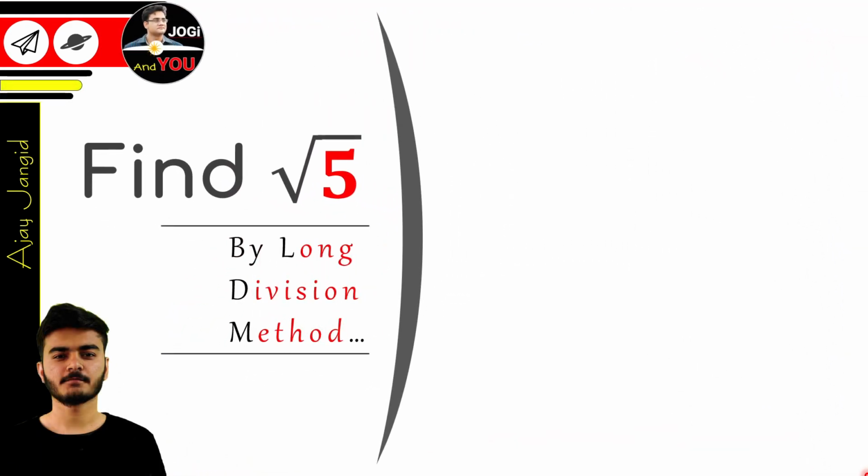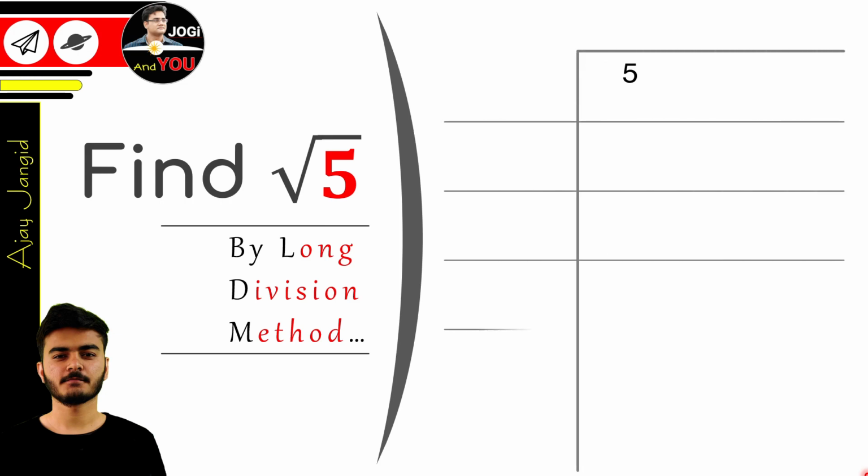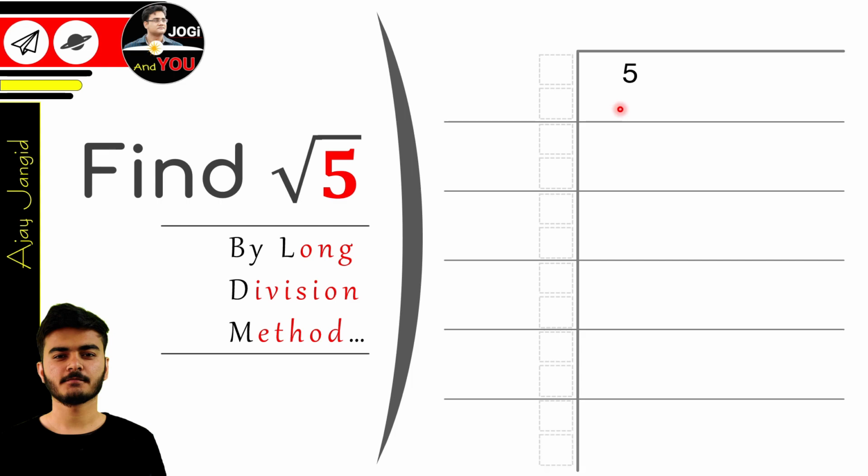The question is on the left side, and put the number of which we are going to find the square root on the right side. And to find the square root, we have to draw some lines here like this. You have to maintain these kinds of lines in the long division method. Like, you have to keep a blank space of a digit below the 5 here. So just see what will be on the left side.